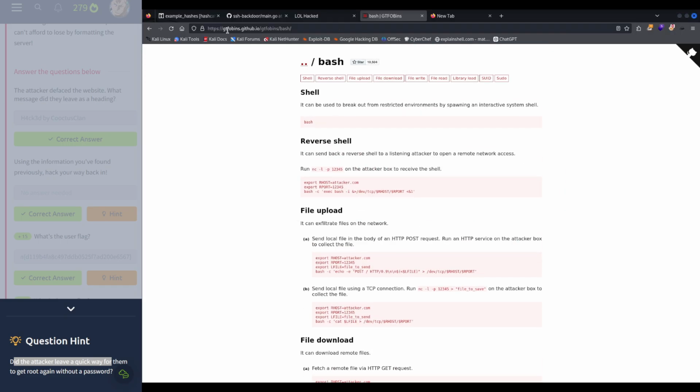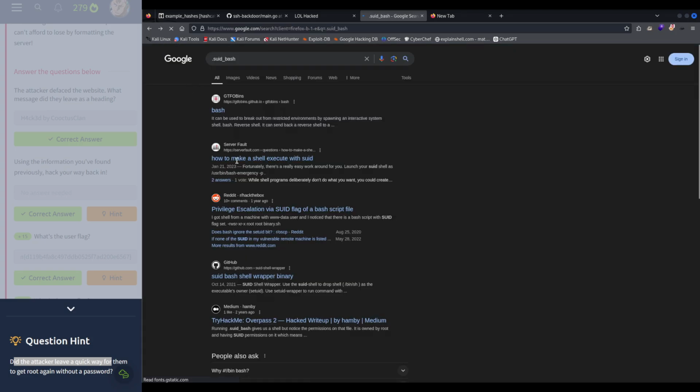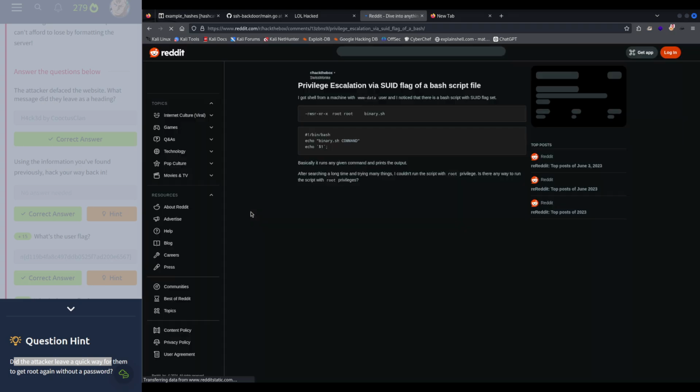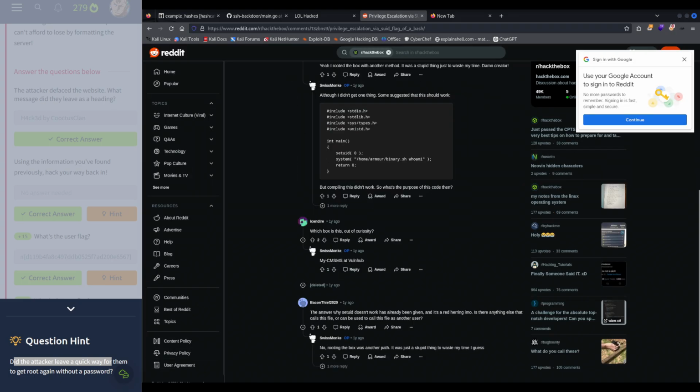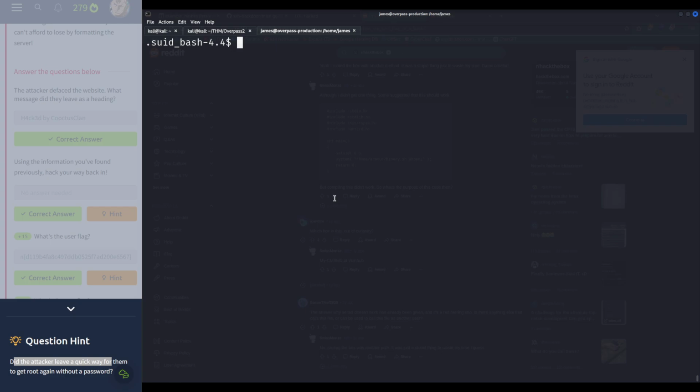What the heck? Let's Google back again. Suid bash. How to make shell executable with suid. Oh, we gotta hack the box. This I don't think it's related. How do you escalate privilege from here? Oh, is it like suid bash -p? So I was close. So I gotta cancel out again. So let me exit and then do suid bash and then -p. So it's like /bin/bash -p, but this time you give it the